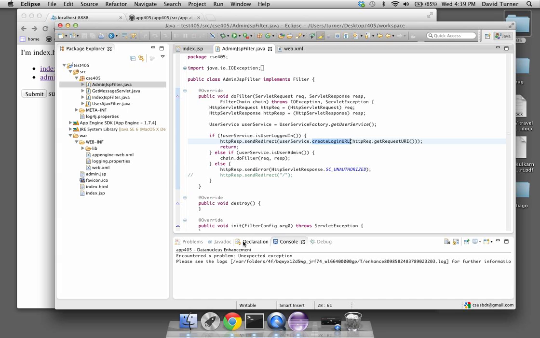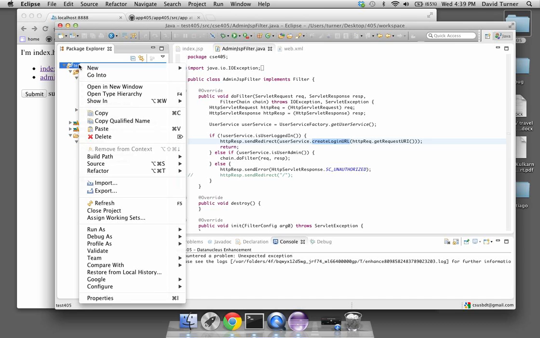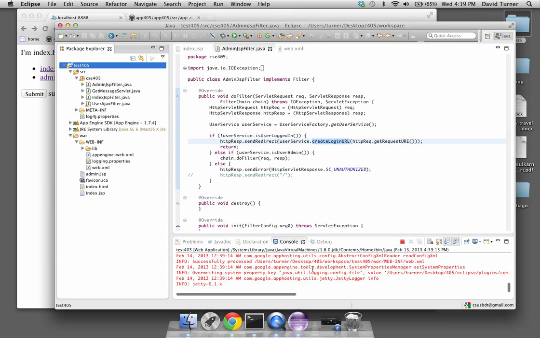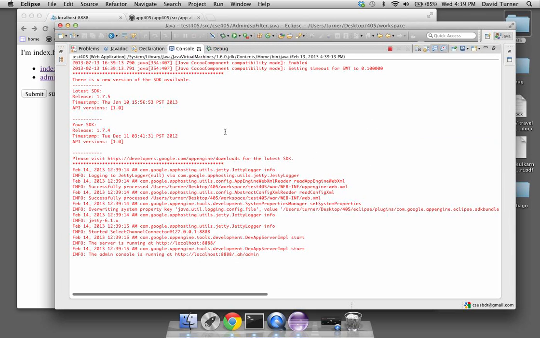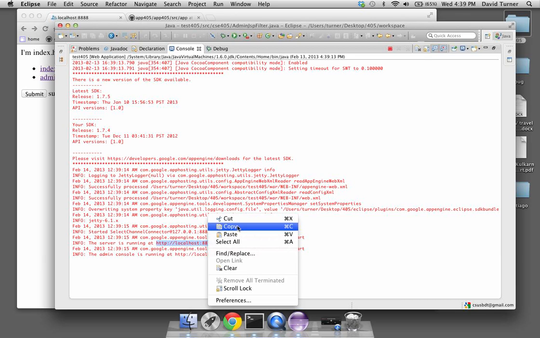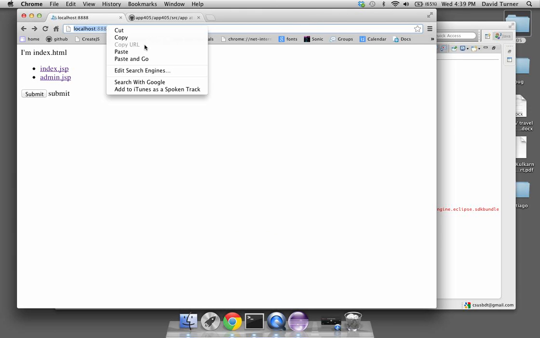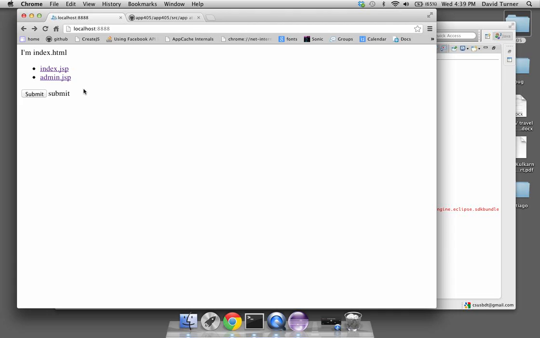Let's see it run. So I'm going to run this. Right-click that and run as a web application. We'll look at the login messages. Looks good. Here's the URL of the locally running web server. Copy that. Well, it won't look any different from this. That's what it looks like. Actually, I'm logged in right now as admin, and I'll show you when I click on this. See actually the admin